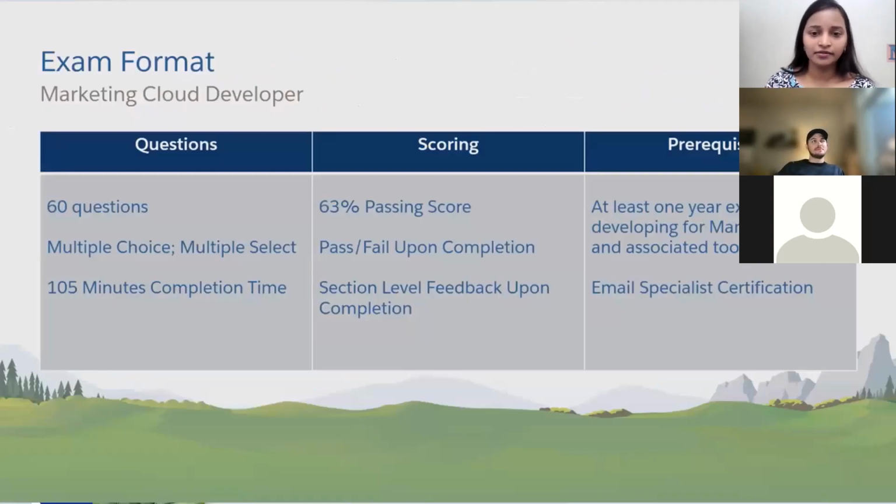And here's how the exam format is going to look. You can expect 60 questions, and maybe 5 more additional questions that may be focused on the new release. All the questions are going to be either multiple choice or multiple select. You would have 105 minutes to complete the exam, and 63% is the passing score. And you would be able to know whether you cleared the exam or not as soon as you submit